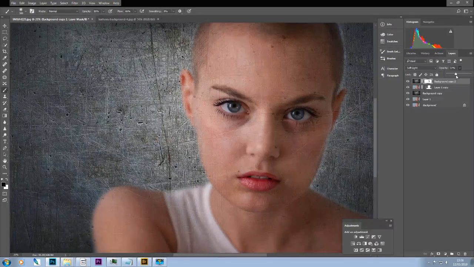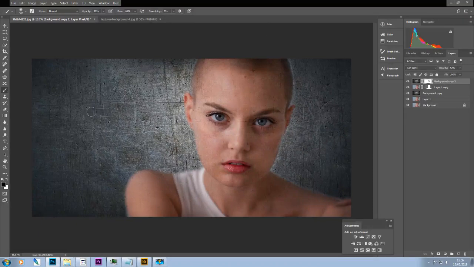And now I think I'm going to adjust the opacity, just a question of tweaking it really until you feel comfortable with the result. It's like a sort of artistic compromise between the background and the subject. And so there we are. I mean, there's other things we could do with that. We could carry on tweaking. We could experiment with